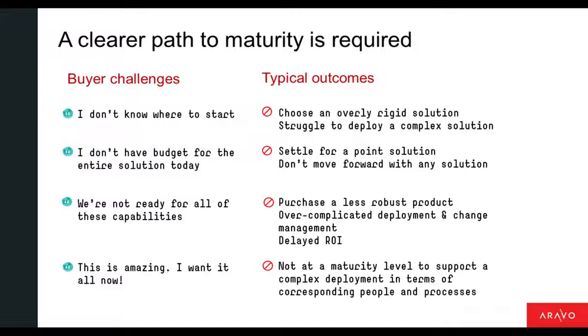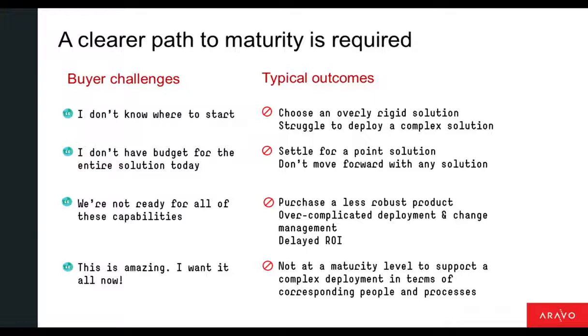So this clear path to maturity is really going to help you all determine and get a clear picture for the degree of that investment, how much you're going to be willing to make, how much is going to be justified. And I would just say what we try to do with all of these, they're typical questions, is avoid some of these outcomes.